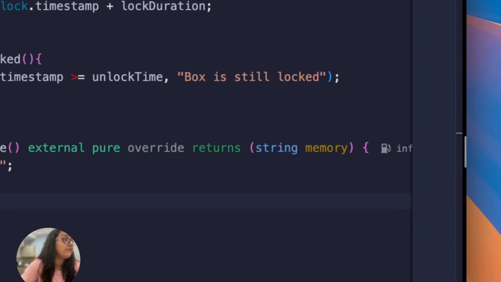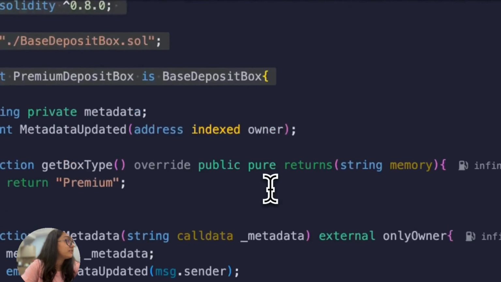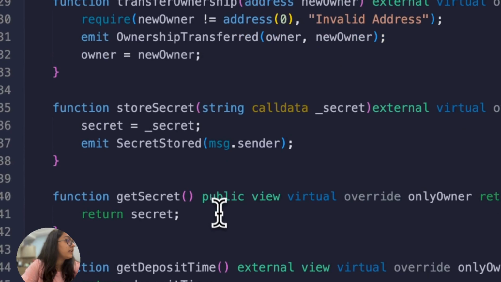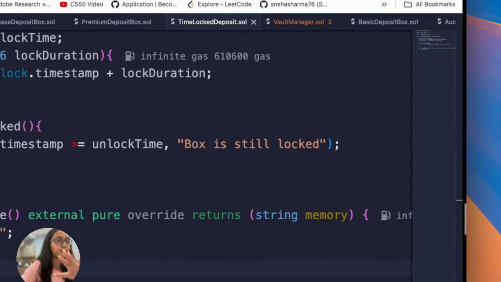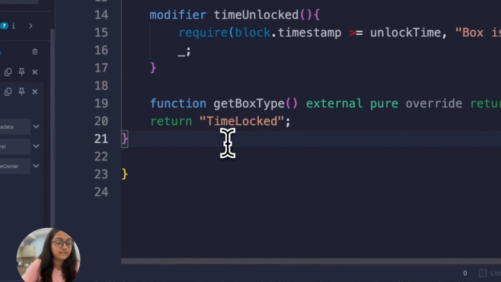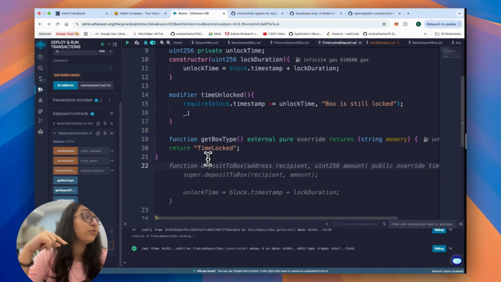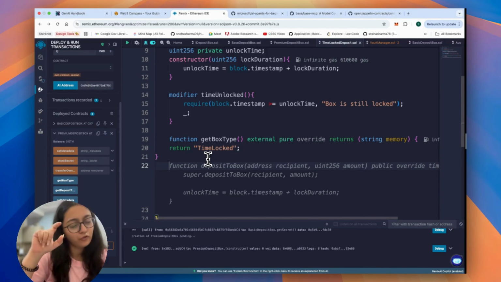Now we'll also write a function called getSecret. In the premium deposit box, we did not write it. We wrote it in the base deposit box, right? getSecret, that was the return secret thing. So we want to write a function getSecret and it's going to be the same, but this will be restricted not just to the owner, but also to timeUnlocked. That is why we have to tweak the logic a little bit here,